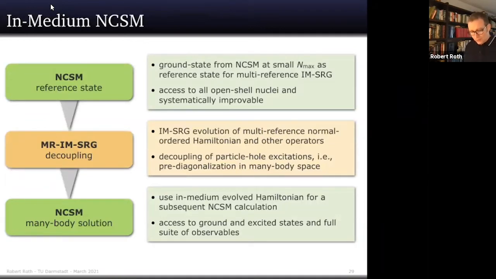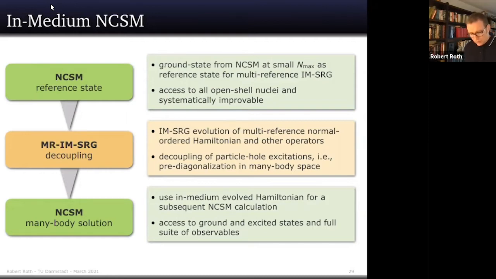You typically start from a tiny NCSM calculation just to define the reference state and this little reference space, which is, say, something like an N_max equals 0 no-core shell model space. So that's super small. And you can construct these spaces and solve the eigenvalue problems for defining the reference state in those tiny spaces for essentially each and every nucleus of the nuclear chart.